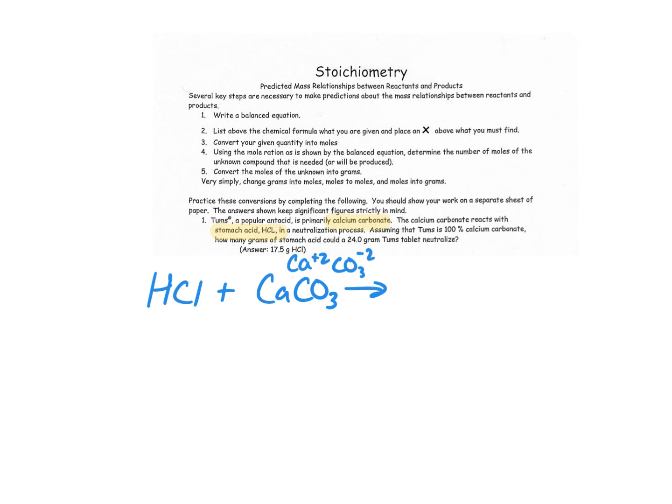So what I'm going to do is list the ions. Hydrogen is a +1, Cl is a -1, and then I already looked up the charges when I wrote the formula for calcium carbonate, +2 and -2. What's going to happen is our hydrogen is going to go with the CO3. And so our new formula, if we drop and swap that, would be H2CO3